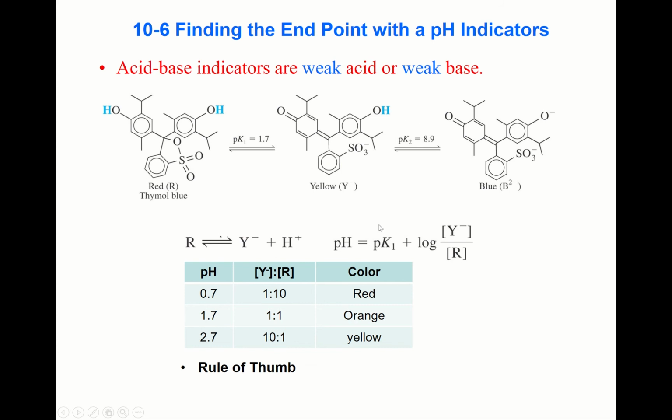Next topic is finding the endpoint with pH indicators. This is a very traditional way to find the endpoint, because there are many organic species whose colors depend on the pH. For example, this thymol blue. This is a rather complicated organic species. It is a weak acid. It contains this hydroxyl group, and there are two protons